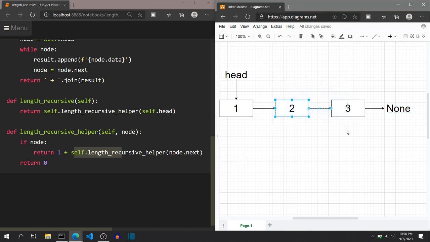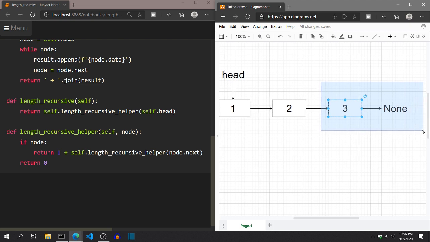So this length of the linked list, that sublist, is 2. So that is also correct. You can verify this also. If the current node is this, so node is not None, it will enter this, it will return 1 plus the length of the recursive helper. The node ahead of that is 0, there is no node, so it should return 0. We will assume first it will return 0, but we will verify that afterwards. So if we assume that this will return 0, we will just add 1 plus 0 and return that, which is correct because this sublist has a length of 1.